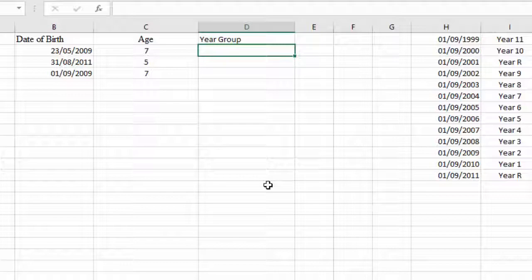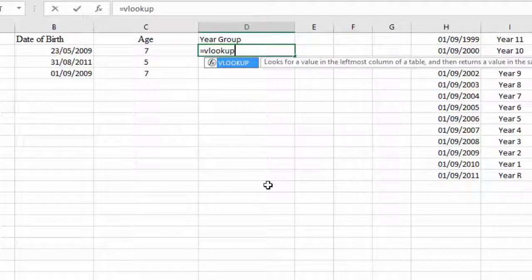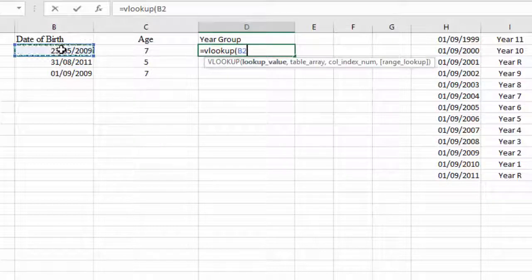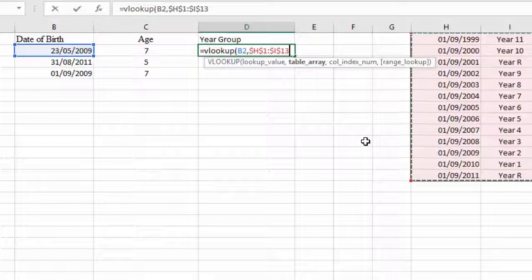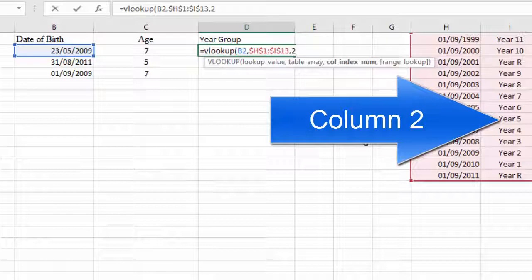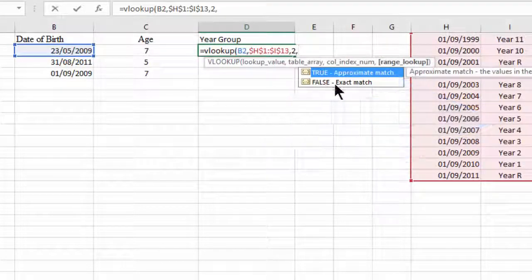So this is to look up a range. So just type equals VLOOKUP, open bracket. The lookup value we want to check is the date of birth, so we click the date of birth, B2, comma, the table array is this set of data over here, H1 to I13. We need to absolute reference that, so make sure that you put your dollar signs in, put a comma, and the column index is column 2, comma,